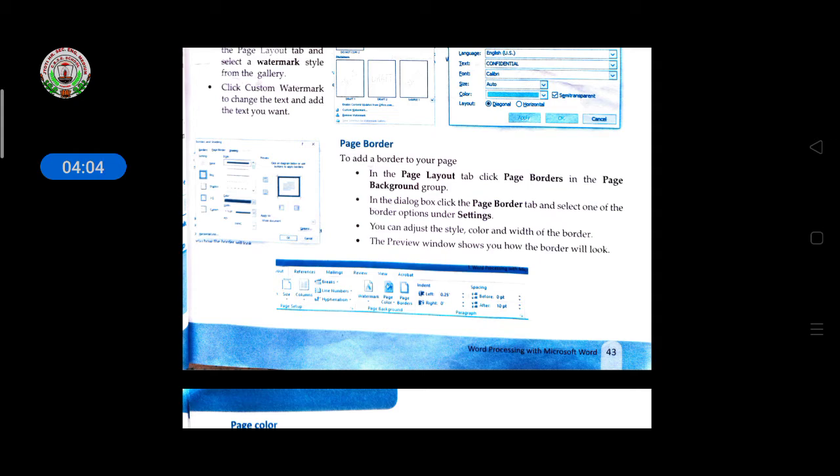The preview window shows you how the border will look. So page border means, suppose you have created one document page, if you want to change the border of that page, style, font, this will all be in the page border setting, and then from there you have to select.